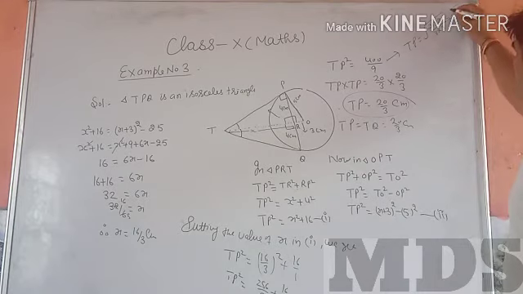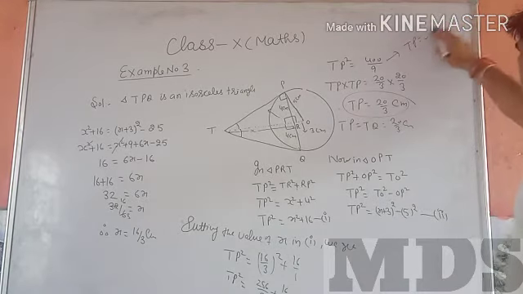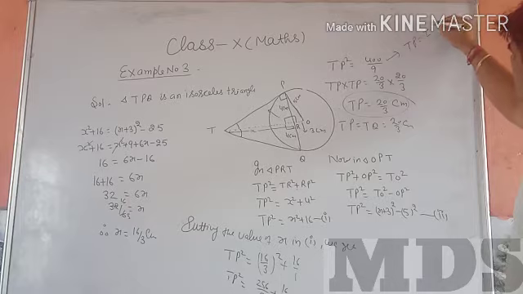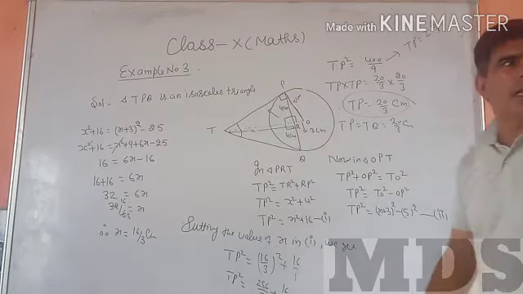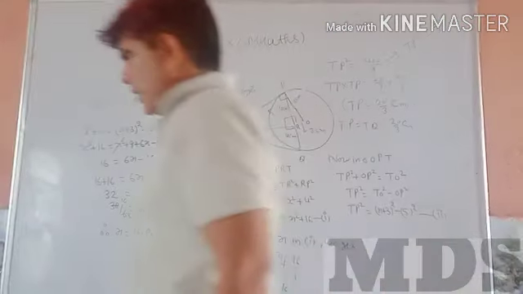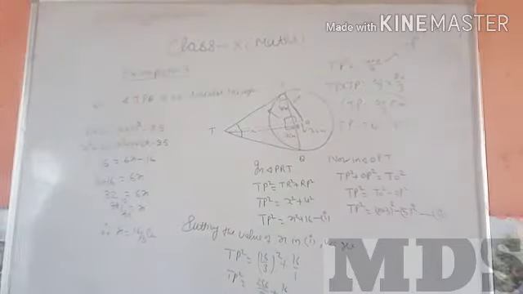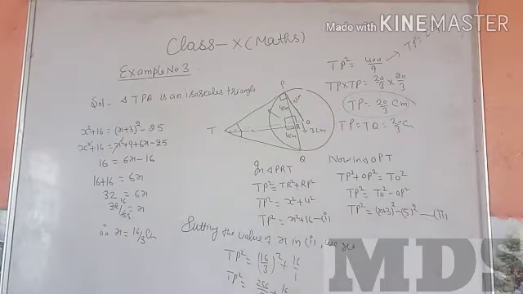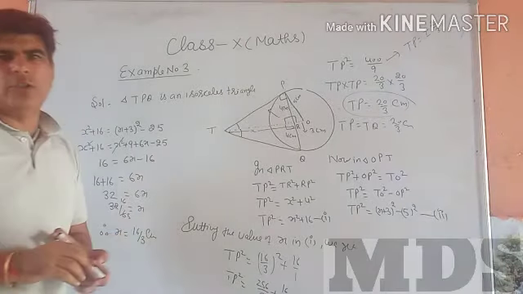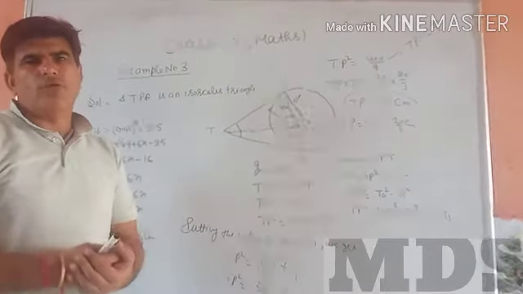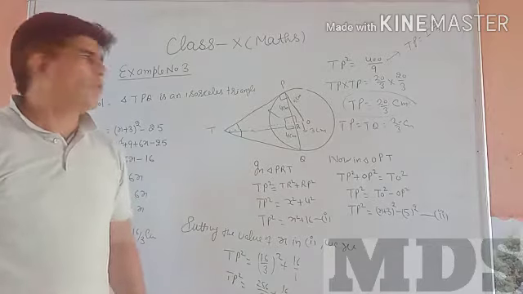Or you can write it like this, taking the root, it comes plus minus 20 by 3. But length is always positive. So that's why we can say it is how much? 20 by 3. What's its value? 20 by 3. So I think all of you understood. Again I want to repeat. I want to tell by another method also.